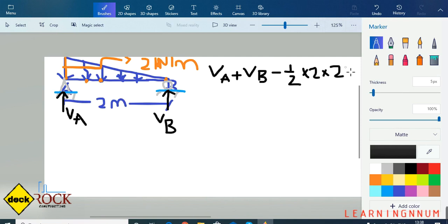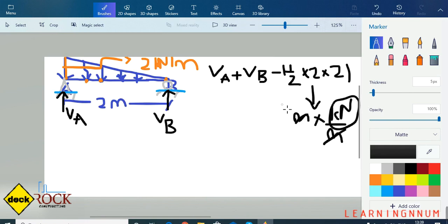Kilonewton meter, right? Yes, sir. How would you verify? See, 1 by 2 is a constant, so there would be no units. What is 2? 2 meter, right? No, what I am telling you is that 2 means the extreme ordinate of the UVL. What is the unit of that? 2 kilonewtons per meter. So consider the units: kilonewton per meter, so meter gets cancelled and we have kilonewtons.